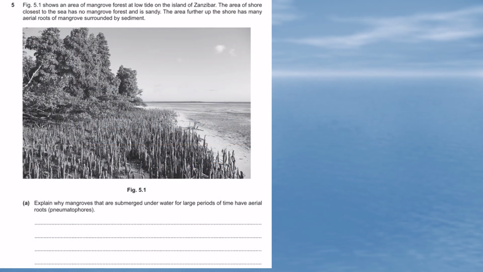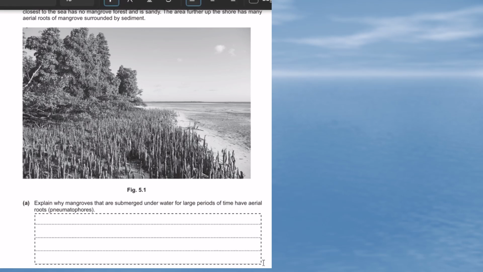So we have a picture here from a mangrove forest, and we can see the aerial roots coming up here. And the question is, explain why mangroves that are submerged underwater for a large period of time have aerial roots. And what we need to think about here is, well,